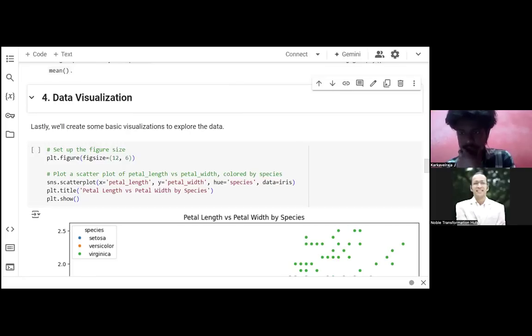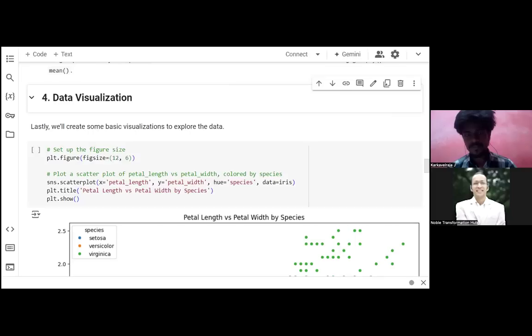You cannot find those patterns otherwise. That is why data visualization is very, very important for insights. And when you are communicating to others, you take screenshots and put these into reports, so that they will understand. Anybody can understand. So these are basic data visualizations to explore data.